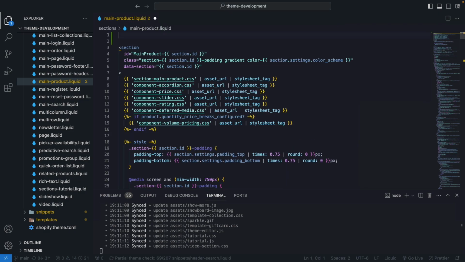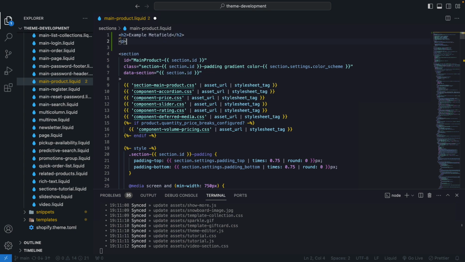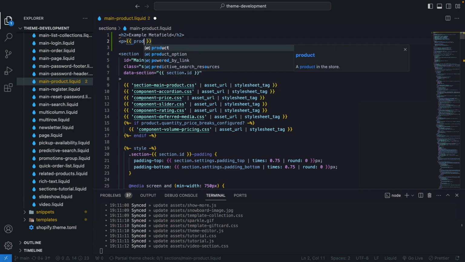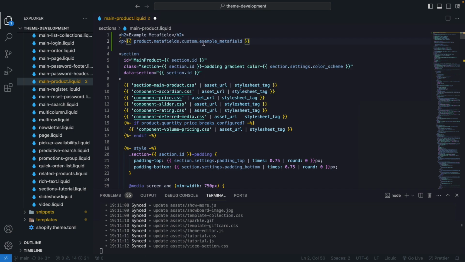And from here, let's say example metafield right at the top, and I'm going to say product.metafields, and I'm going to paste custom.example_metafield. So here will go the namespace and here the key. I'm going to save this,